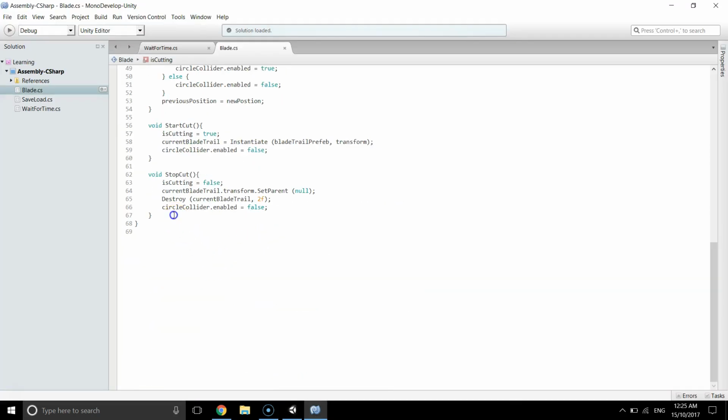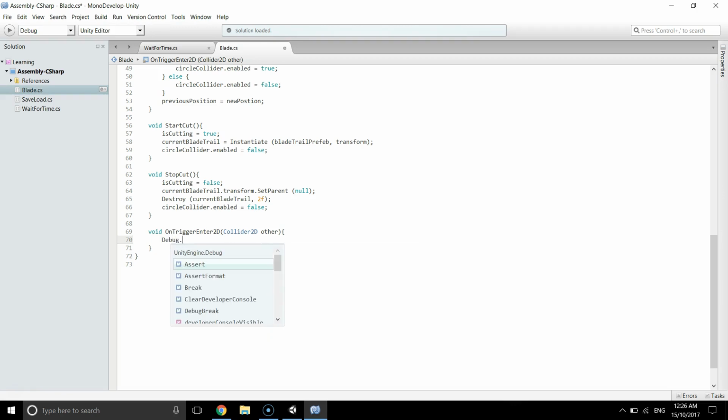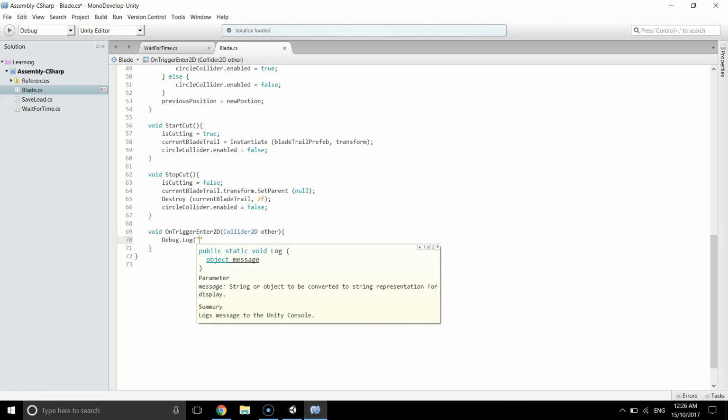Now in here we need to create a method, void OnTriggerEnter2D, with Collider2D other. This is the method we use to check the trigger enter of the game object. In this case it's 2D, so we'll use 2D. First we will just print Debug.Log, something collided,